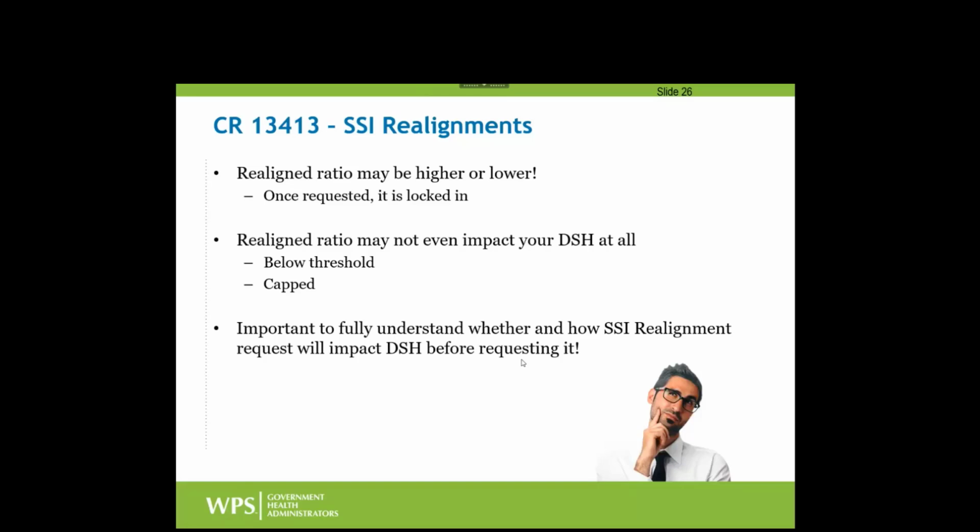I will say this, there's no requirement right now that there has to be a materiality impact for us to do the SSI realignment. That's different than most reopenings. So what I'm saying is any SSI realignment request that comes in that's properly formatted, as we'll see in a bit, we have to complete, we have to settle. Whether it's a zero settlement, an increased settlement, or unfortunately, if you requested a realignment and that realignment was actually lower than your federal fiscal year, we do have to do that as well. So hopefully you take a look at that spreadsheet and identify whether or not it even benefits you.